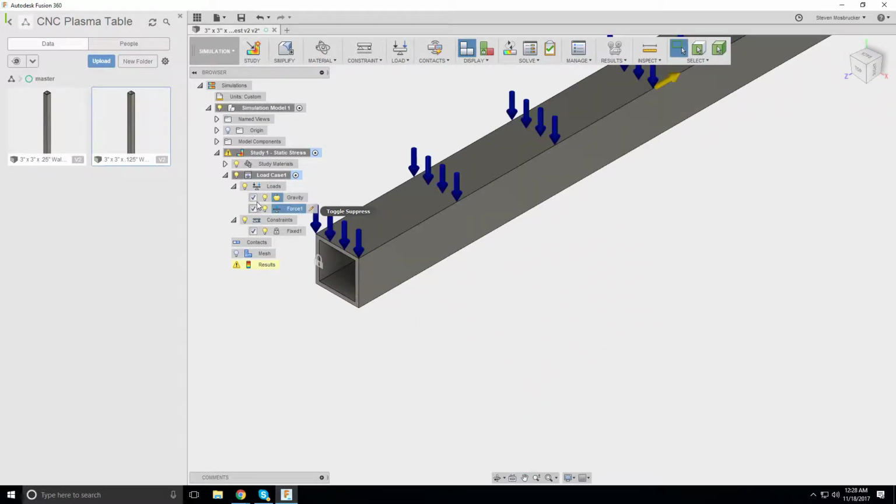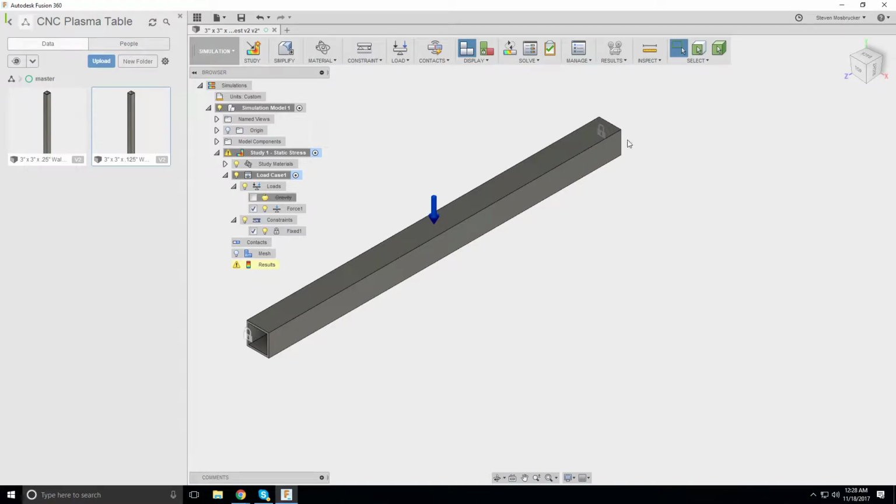I'll change that later. You get the idea. I just need to flip it around. Generally I don't work with gravity, so... well, I mean in CAD, I don't work with